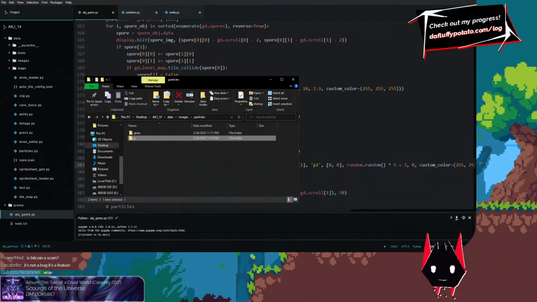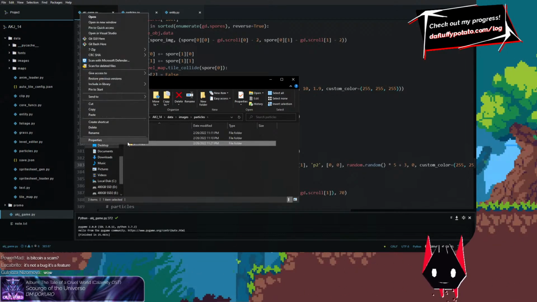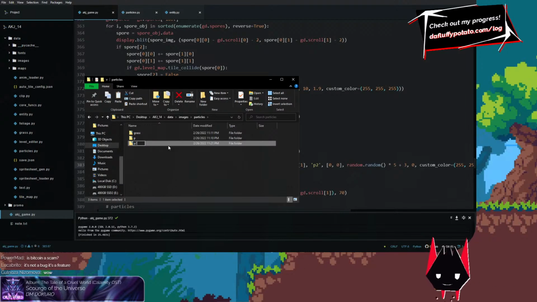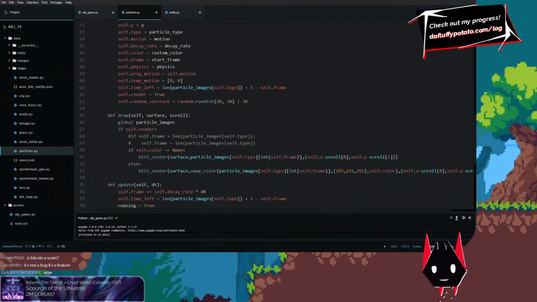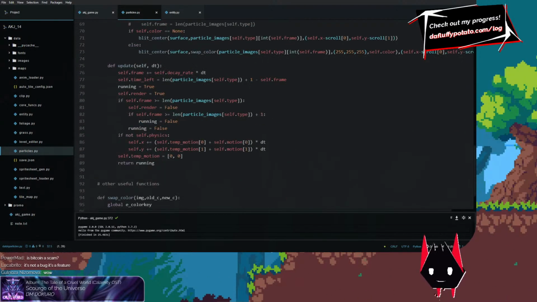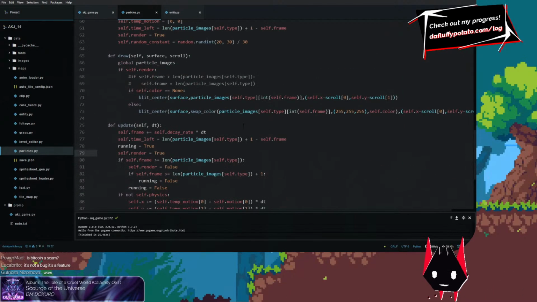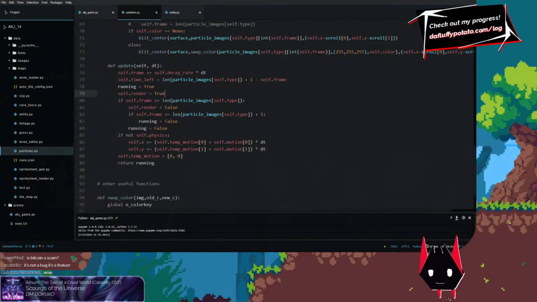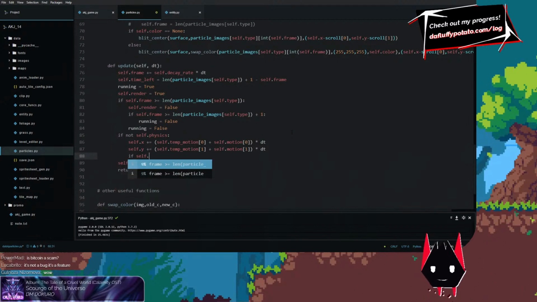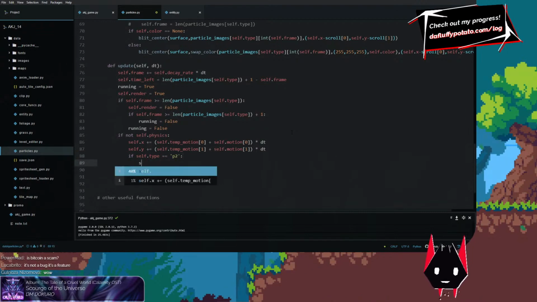Did I make a P2? No, I didn't. Need a P2, so I can write custom logic for it. So in here, I can do self.type. If self.type is P2,